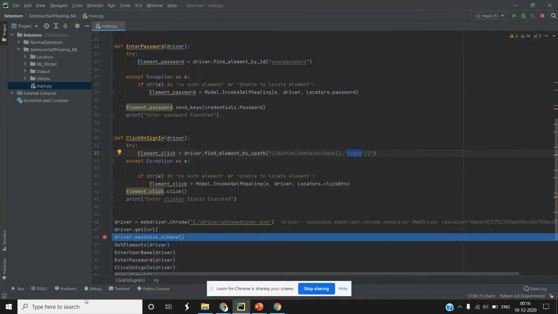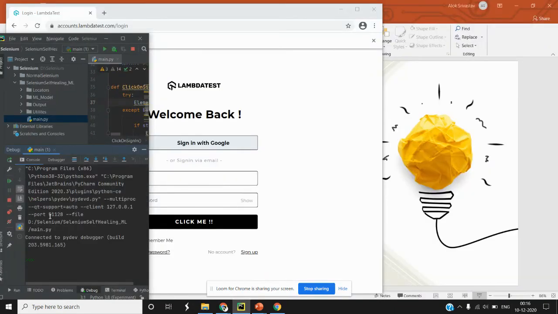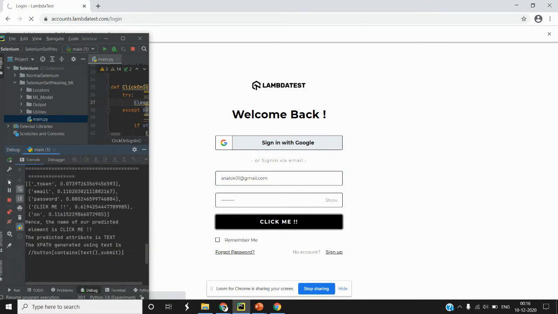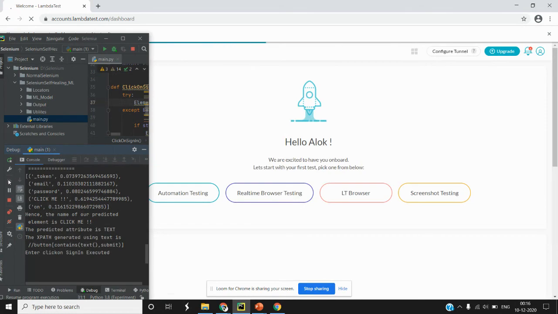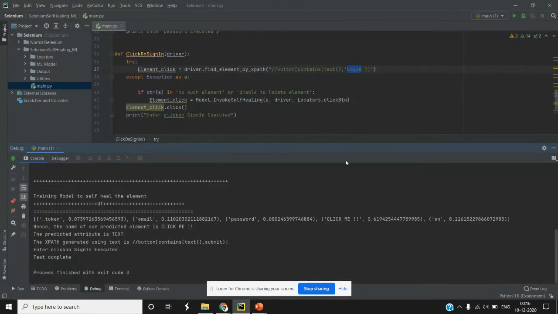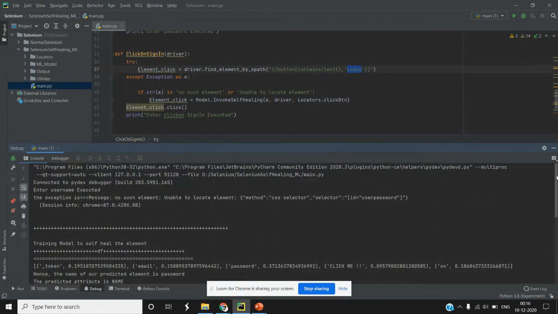Let me click on debugger as well so that I can resume the test. So I'll just resume the test. Okay, so it has maximized and it has entered username and password and even done the click on the login button as well, though the actual locators got changed. So now if you see the logs here,